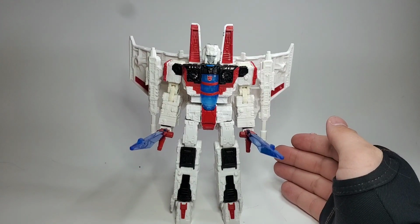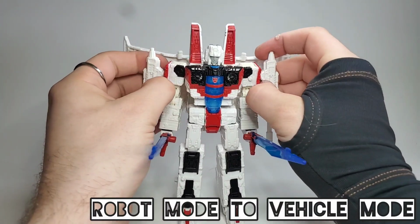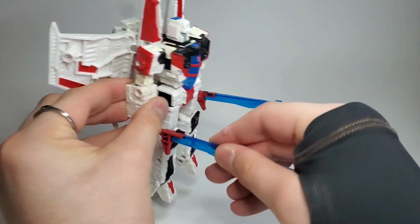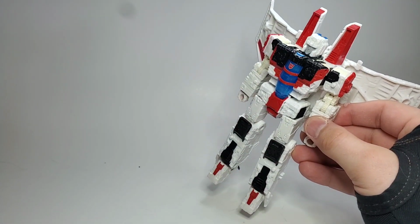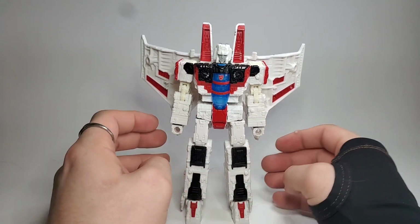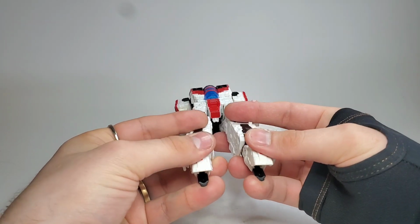Very awesome figure. But to go ahead and get started, we can remove his null rays, set those aside, and we can go ahead and remove the two swords, or two halves of one sword. Just set those aside for now. So now, what I like to do to start is just fold the toes and the heels up, just like